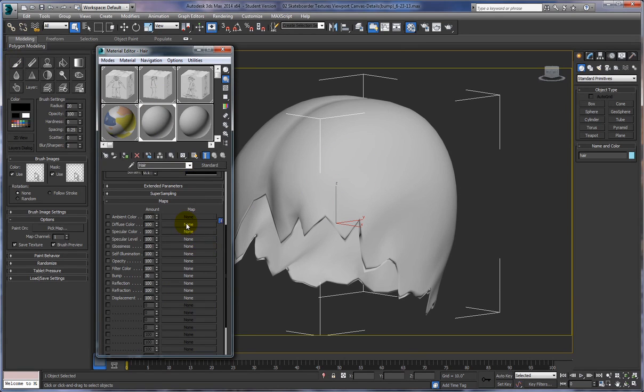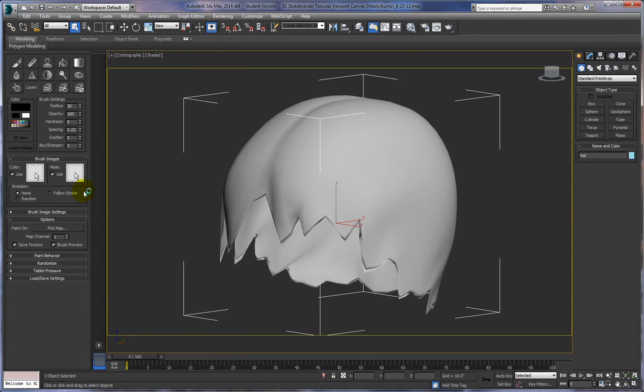And so we're going to be making a diffuse color, and it's literally just going to be that, just a color. It's going to be very straightforward. We're going to create a specular level and glossiness maps, and we're going to create an opacity map. Okay, and you'll see what that's all about as we go. So let's get started. Put this away. Let's go into